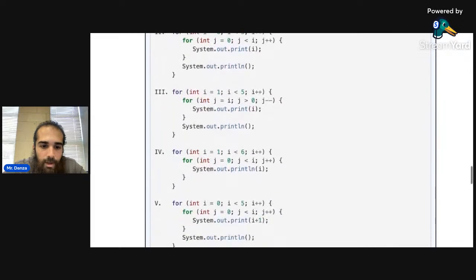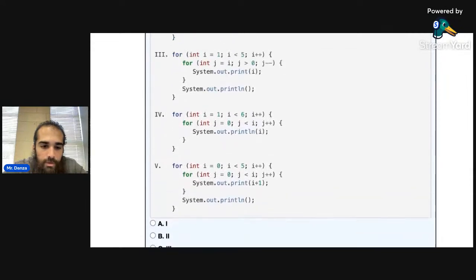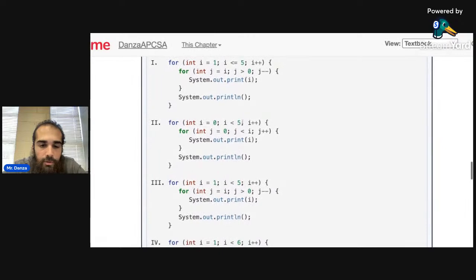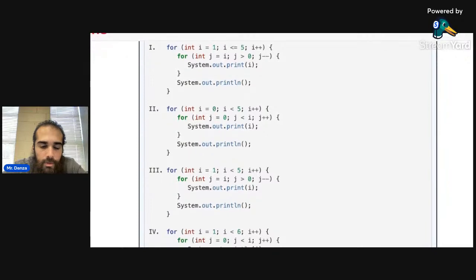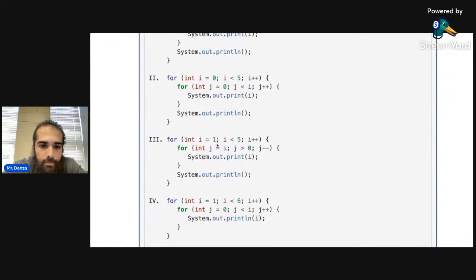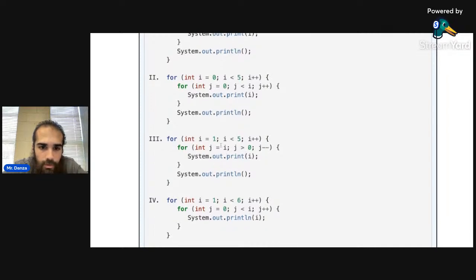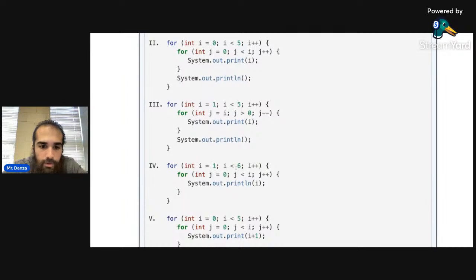Let's move on. How many options? They gave us 5 different options. So it's only one of these. So the next one, we have 0 to 5, but it doesn't include 5. That one doesn't look right from first glance. Let's look at this one. Starting at 0, yeah. Let's look at this one. This goes to 1 and doesn't include 5 either. This starts at 1 and does include 5